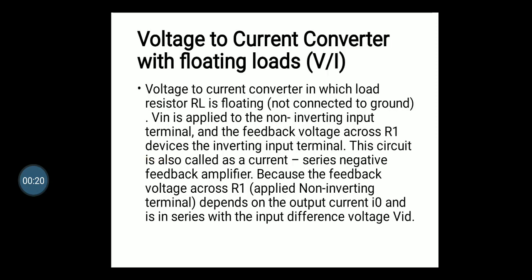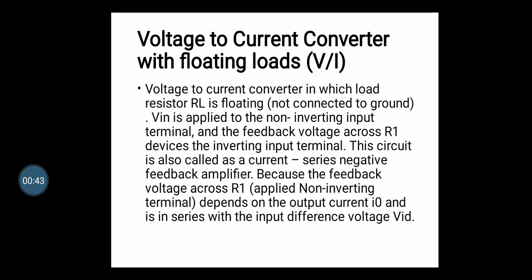Today our topic is voltage to current converter and current to voltage converter. In many applications, one may have to convert a voltage signal to a proportional output current or a current signal to a proportional voltage signal. We may use the VI converter and IV converter for that purpose. There are two types of voltage to current converter. First, let us look into the voltage to current converter, which is also called a transconductance amplifier.